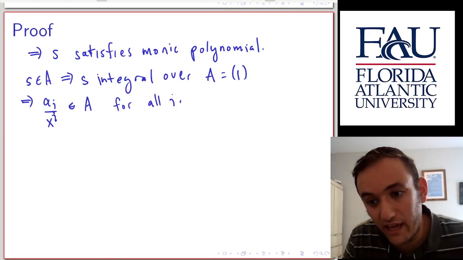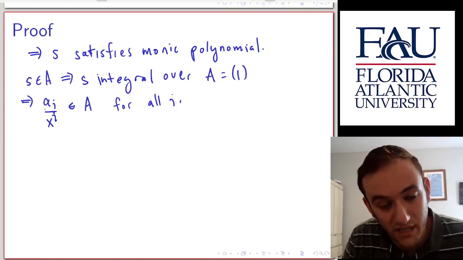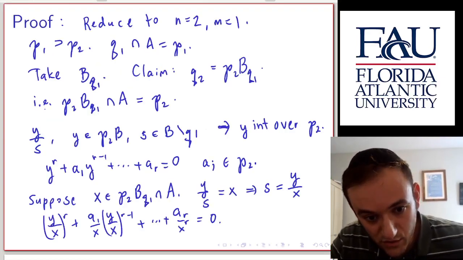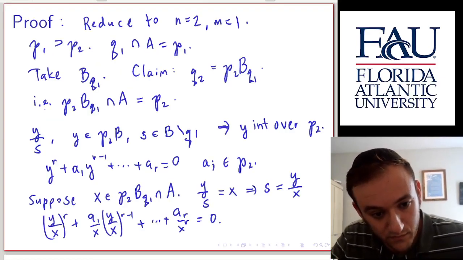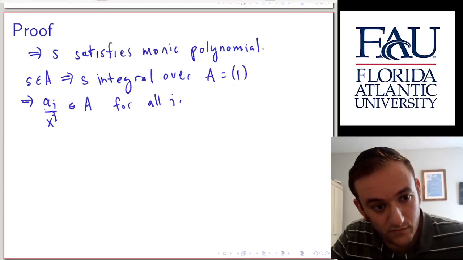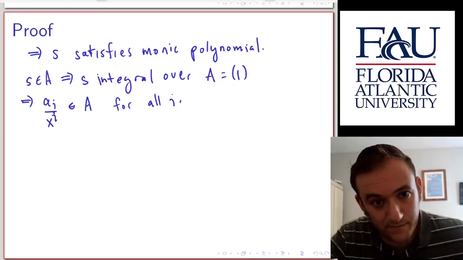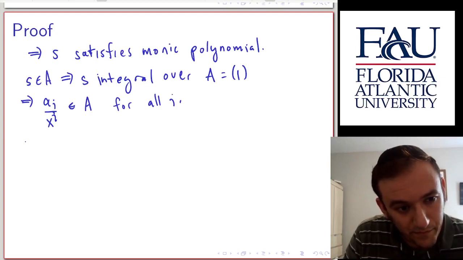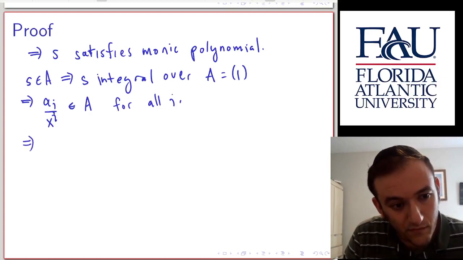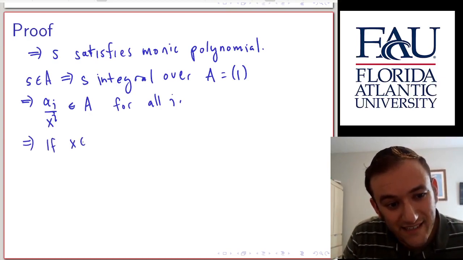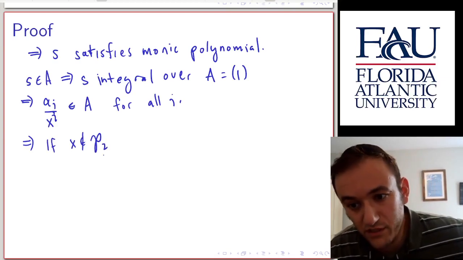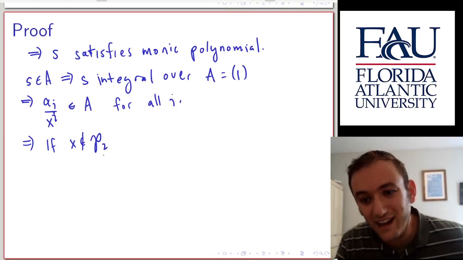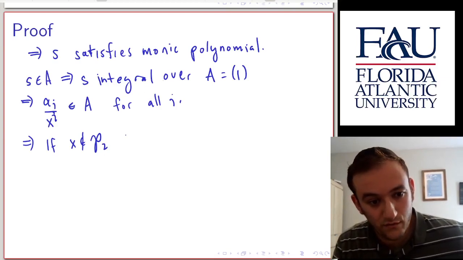So we know that ai is in P2. If x is not in P2, and we're hoping to show that x is in P2, but we'll assume for the sake of contradiction that x were not in P2,